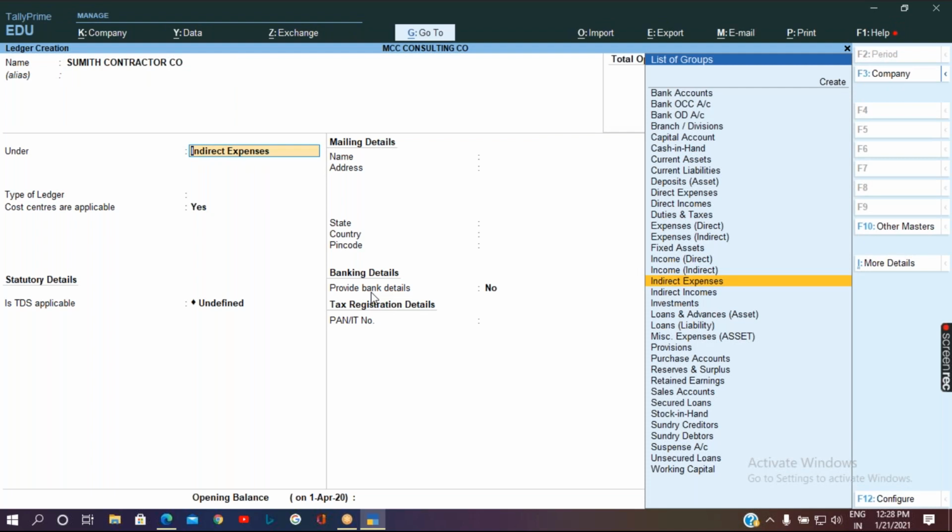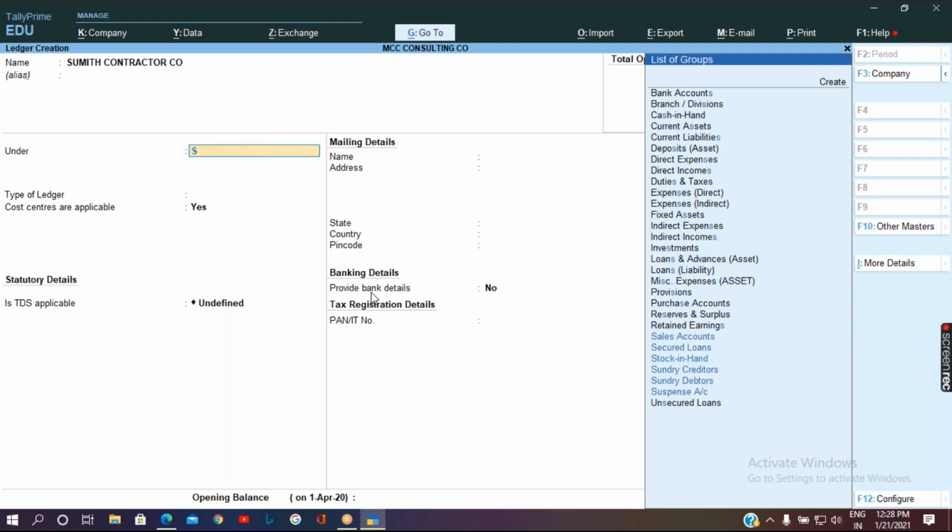So he comes under the sundry creditors. So whenever you're going to create a party for the TDS purpose, the party will always be the sundry creditors. So that is to whom we are going to pay. So at that time only we are supposed to deduct the TDS.